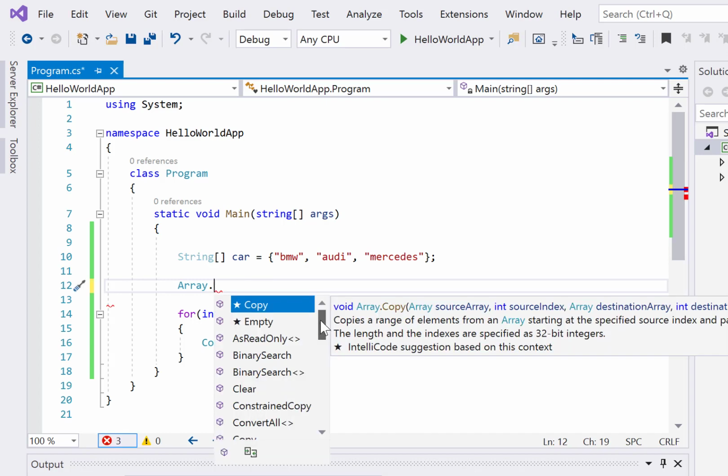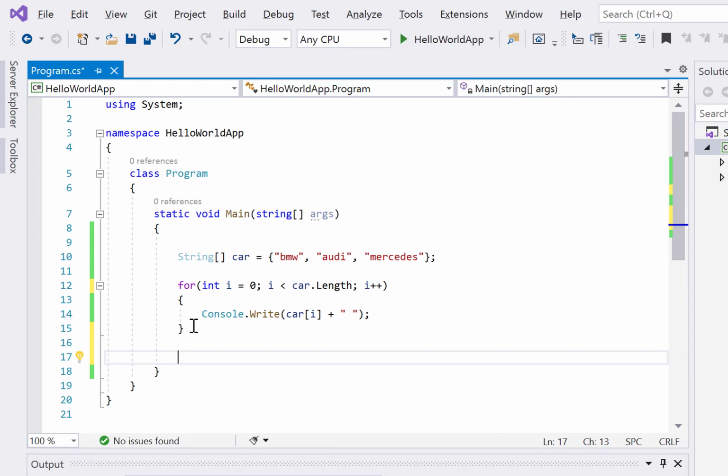So this is all we can do with the array. Like sort is one example, but you could see that if you want to search something, you can apply this binary search method, or even we can clear all the elements, we can copy, we can empty, equals, or find all, or find last index, or find index, or index of. So basically these all are the methods of the array. So that's all we can do with the arrays, right?